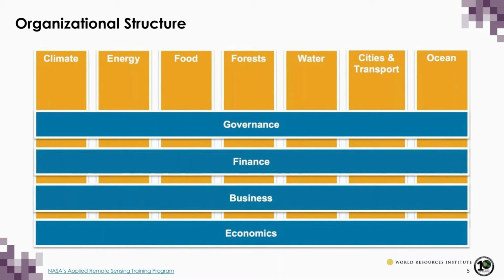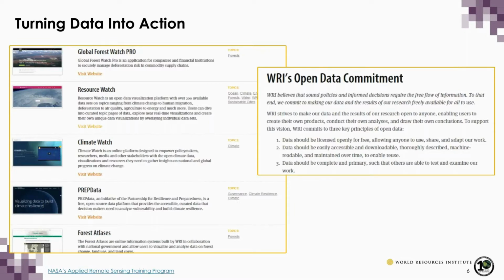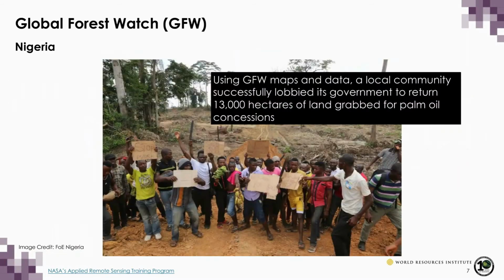And so part of the work that we do is looking at open data. WRI as an institute has committed to being a driver for open data, not only for our own research, but working with partners and global stakeholders to get their data out of silos and into the hands of people that can use it for positive change. One really great example of how we've done that is working with Global Forest Watch. Global Forest Watch was the first open data platform that WRI created back in, I believe, 2014. It monitors tree cover loss and things related to deforestation, and it's a really powerful tool for monitoring forests.